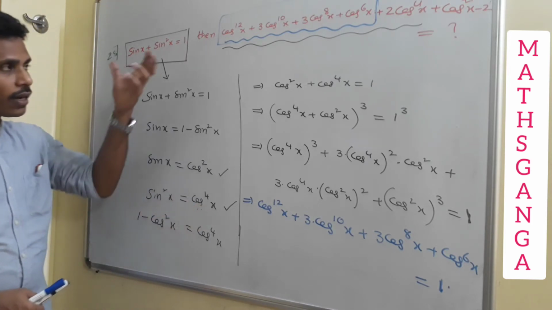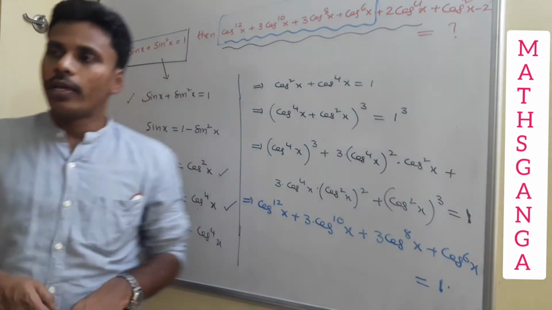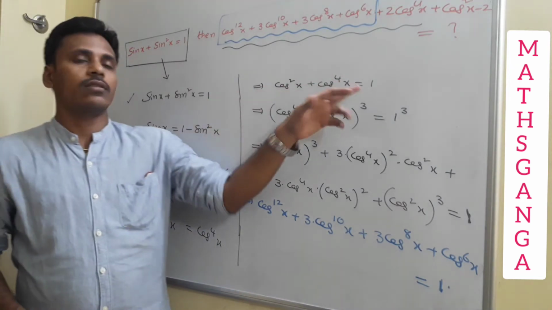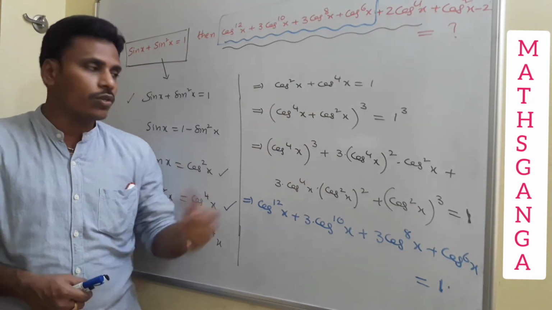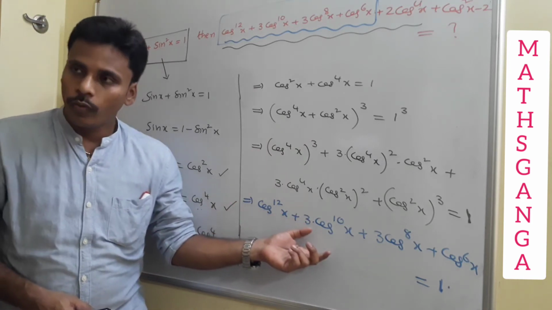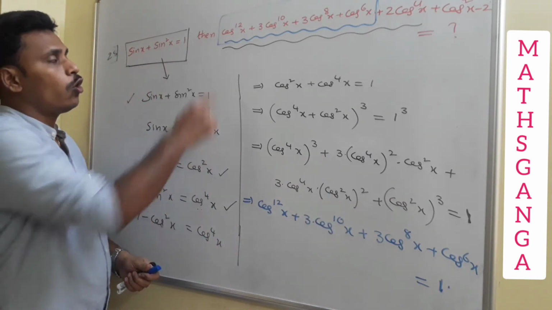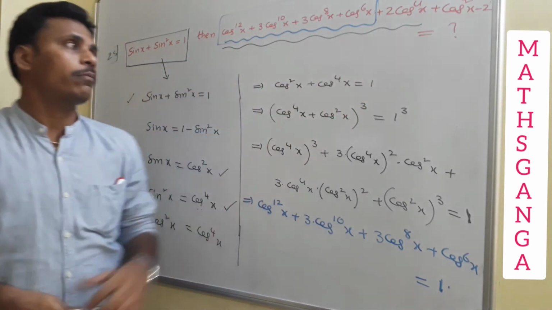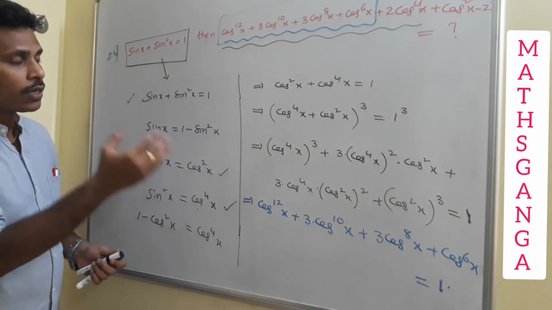And in the next step, since the required expression is completely in terms of cos, I need to convert it in terms of cos. That's why you just rewrite this sin²x as 1 − cos²x, and cos⁴x + cos²x = 1. And now, just cube on both sides. If you cube on both sides using the (a + b)³ formula, the left side you get cos¹²x + 3cos¹⁰x + 3cos⁸x + cos⁶x = 1. So the value of the first 4 terms is 1, and from there we need to simplify the remaining part. Is it clear? How to simplify the remaining part? That's our separate thing.